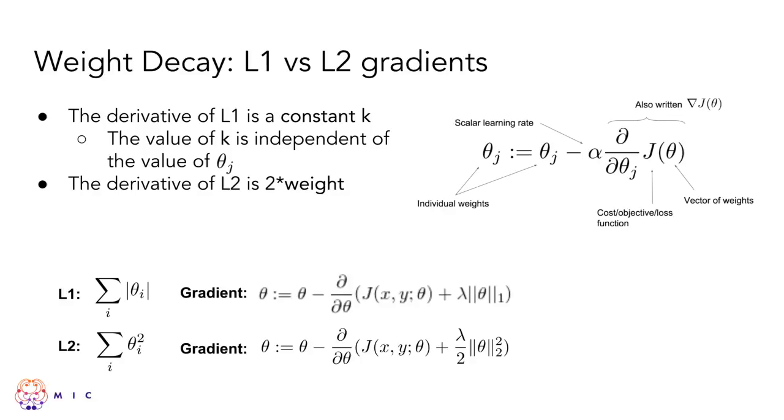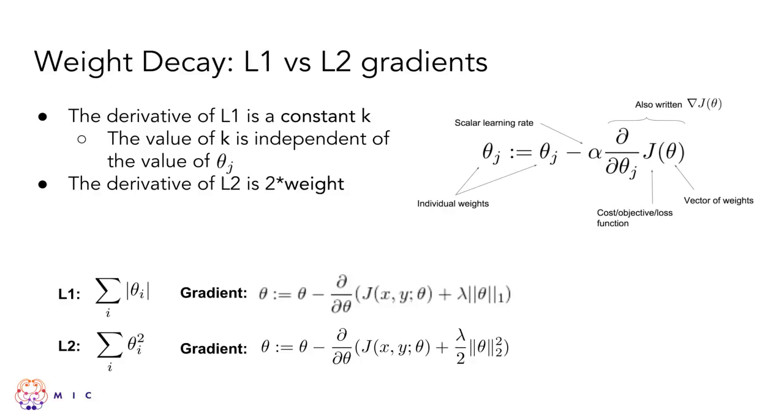So with weight decay, with regularization, all that we're changing is this cost function J. We're changing it to J prime. How we're changing it is just adding a regularization term to your cost function, right? So here you can see at the bottom the updated gradients for L1 and L2. So what happens now when we take the derivative? It's no longer a derivative just of our cost function. It's of our updated cost function, which has in addition this new term.